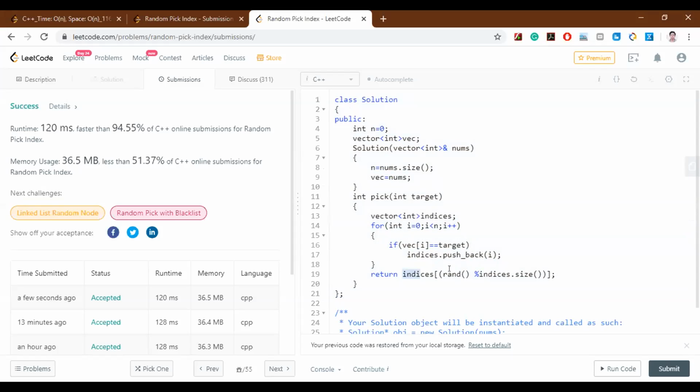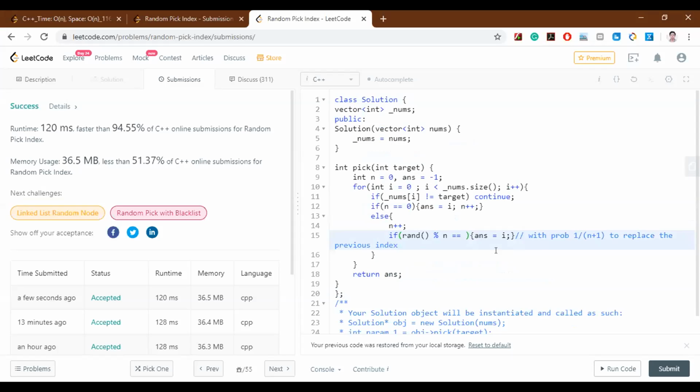But here, at every possible match we are saying, should we pick or not, should we pick or not. This is the only difference. But in that case, it might so happen that the previous ones won't get picked up, right? Only the later ones will be given a fairer chance, right?